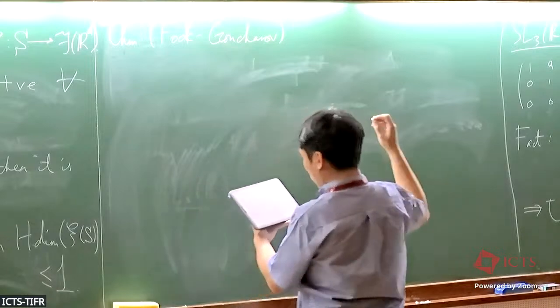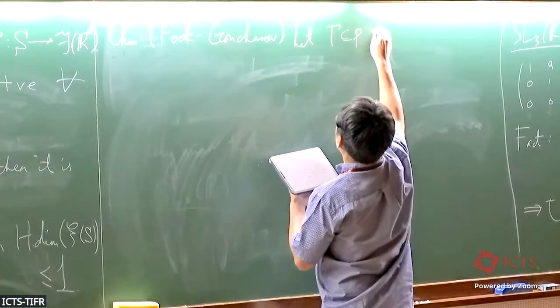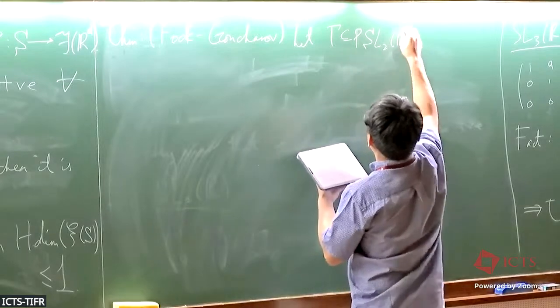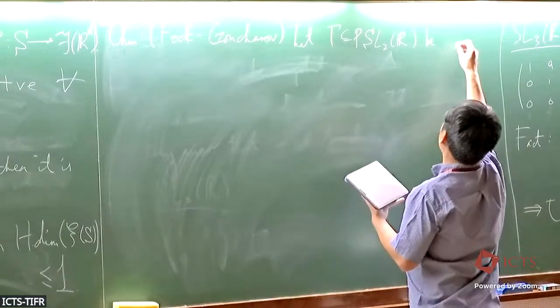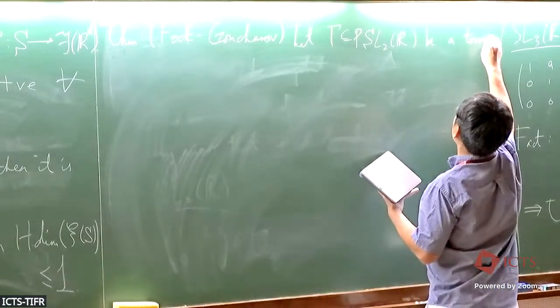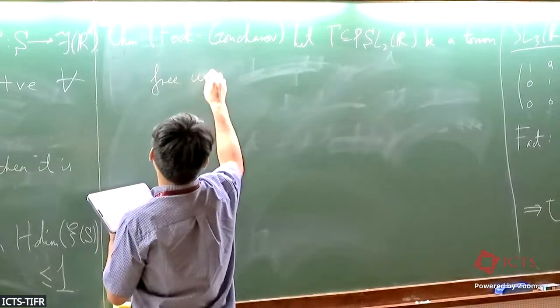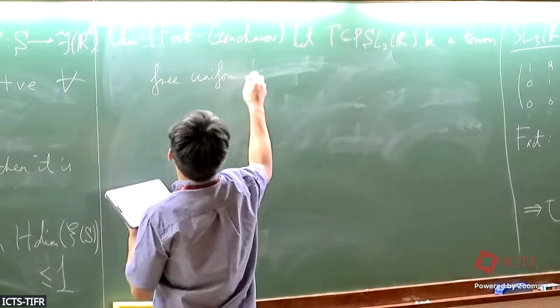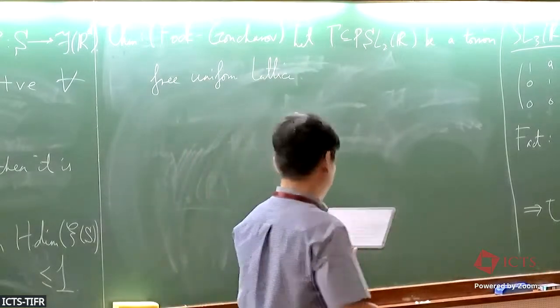Okay, so let gamma inside of PSL2R be a torsion-free uniform lattice, so a surface group. Okay, then